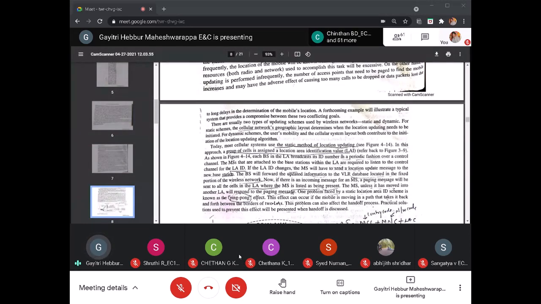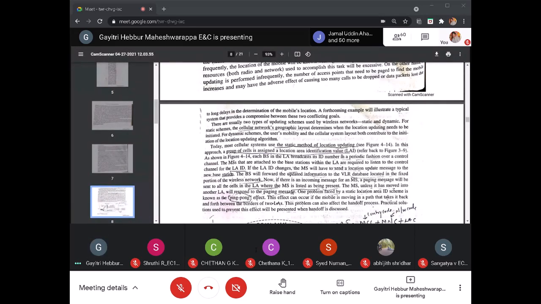While writing the paper, we can exactly cover the geographical area, but the coverage area of the radio base station is based on the radio output power or the threshold value whatever we have fixed. If anything is varied and some portion of the coverage area is not covered by any of the radio base stations, or it is equally distributed to two radio base stations, then the problem will exist. How to consider this particular mobile station's place or location, whether it belongs to this radio base station or the other radio base station, because it is at the border of the two radio base stations. That effect we call the ping pong effect.